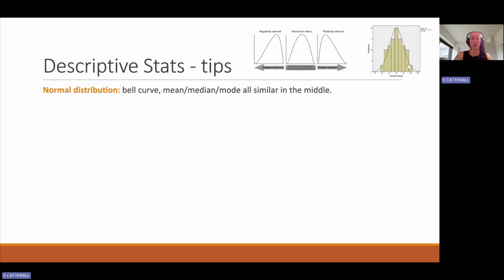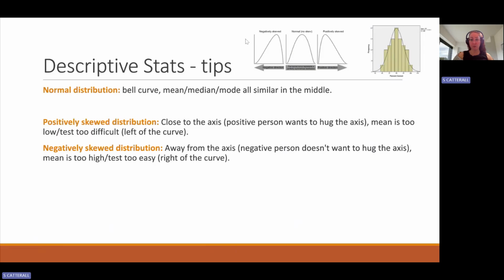They sometimes ask you to either draw a distribution graph or identify it. So you need to know the difference between these. Whereas these ones here are skewed. So this means that